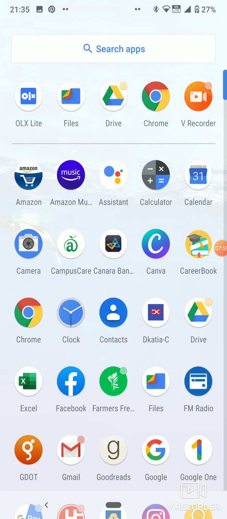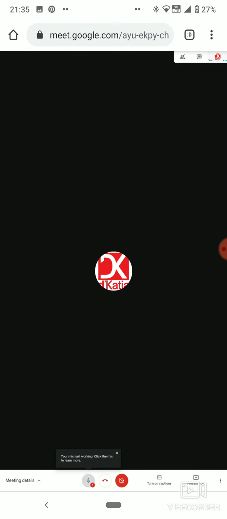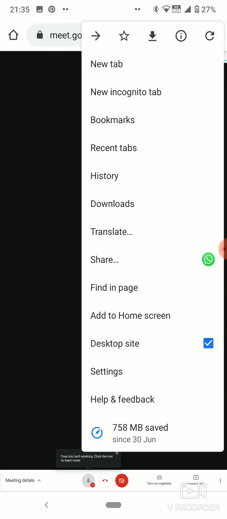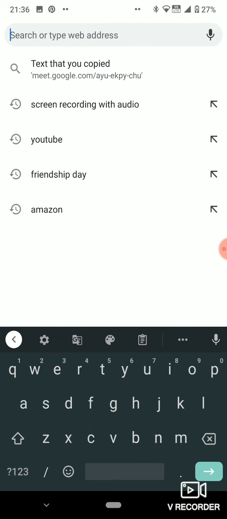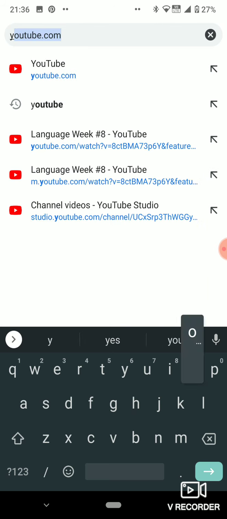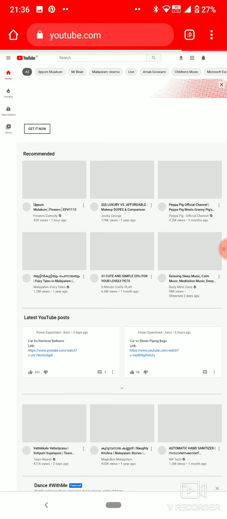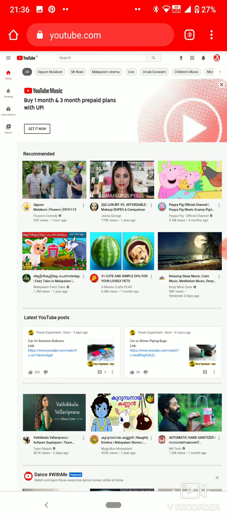Now what you have to do is you have to take your Gmail, your YouTube account in your G Suite. So this is my G Suite account. In this you have your G Suite account. You have to upload the video.